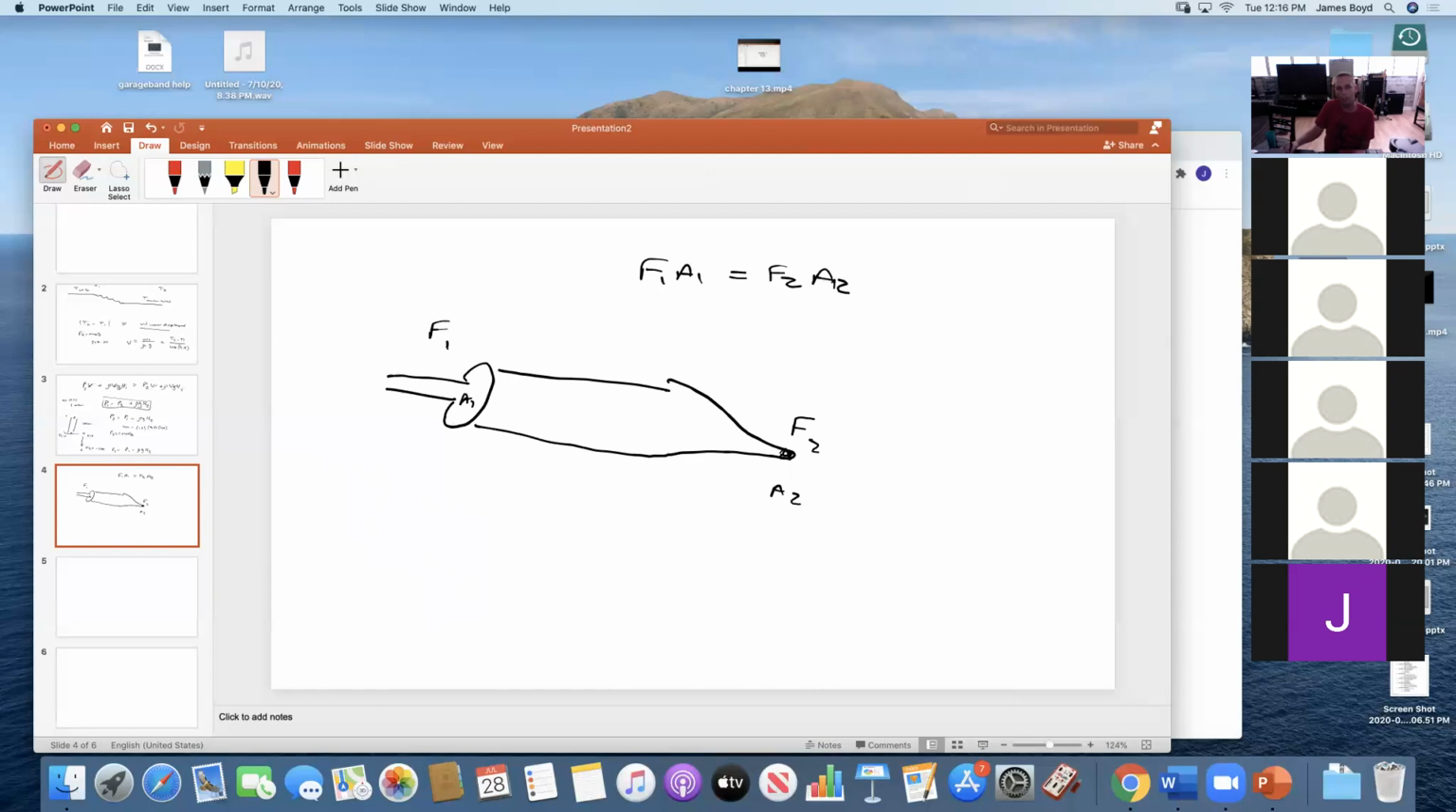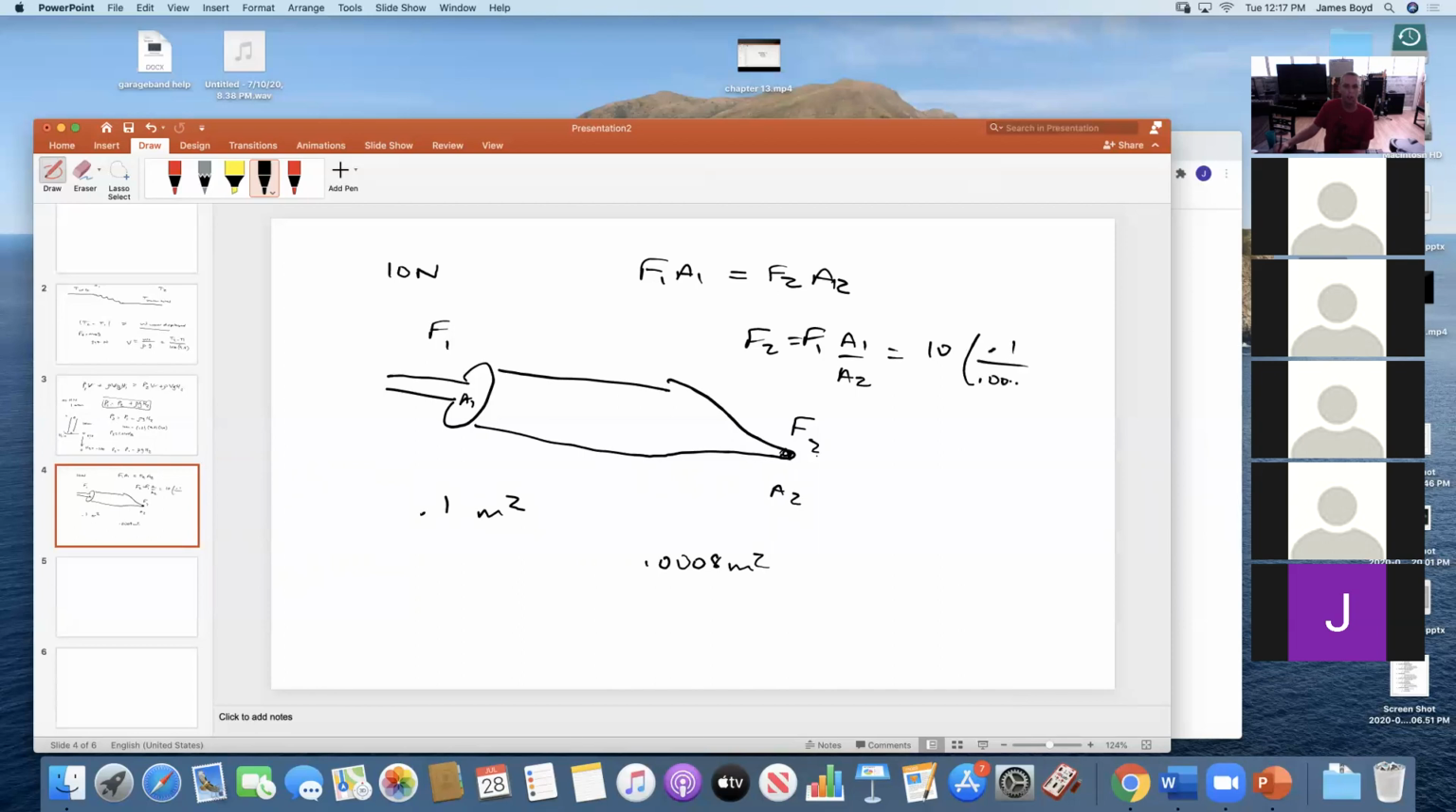So if I told you that this was 0.1 meters squared and this was 0.0008 meters squared, and I push with a force of 10 newtons, you could tell me the force coming out here. Because F2 is F1 times A1 over A2. And so here this would be 10,